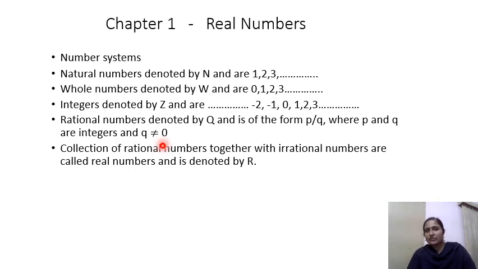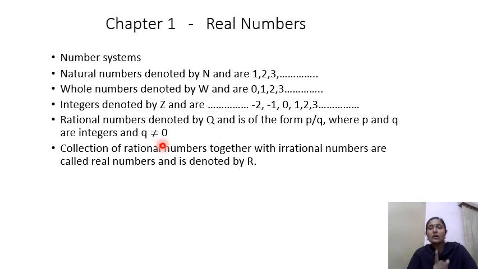So we discussed natural numbers, whole numbers, integers, rational numbers. Some numbers are there which we cannot represent as rational numbers, which we studied in 9th class also, like root 2, root 3, pi. These are all irrational numbers. Irrational number means which cannot be represented as a rational number, which cannot be expressed in the form of p by q. Or, the exact definition you will write there: irrational numbers are those whose decimal expansion is non-terminating and non-repeating.